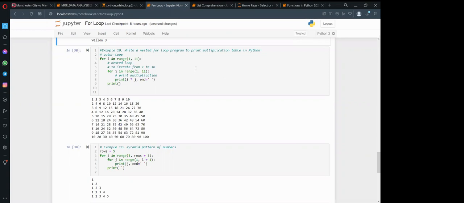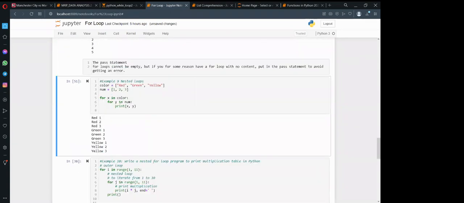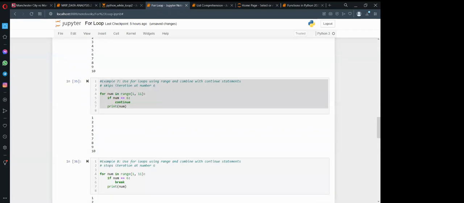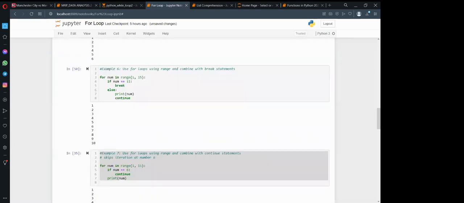If you look at the other example which we are working on, here we state clearly which number you are starting from to which number. So remember when we used range somewhere up here, range 1 to 11.